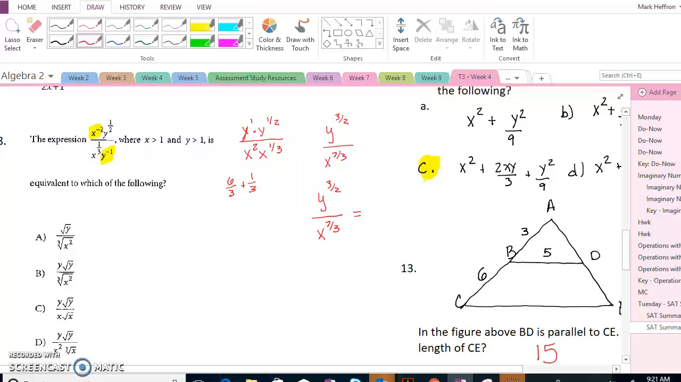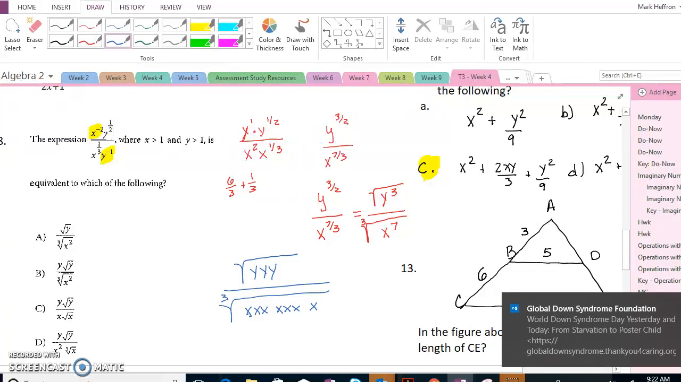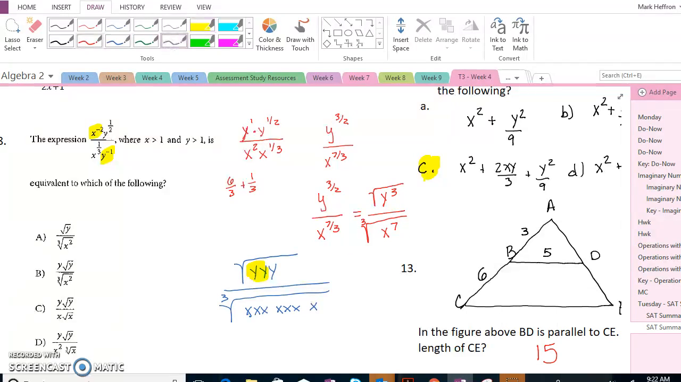Well, if I write these as a radical, we really have the square root of y cubed, and we have the cube root of x to the 7th. Well, that really means when I have the square root of y, y, and y, and the cube root of x, x, x, x, x, x, and another x, I can take out 2. So this will really end up as